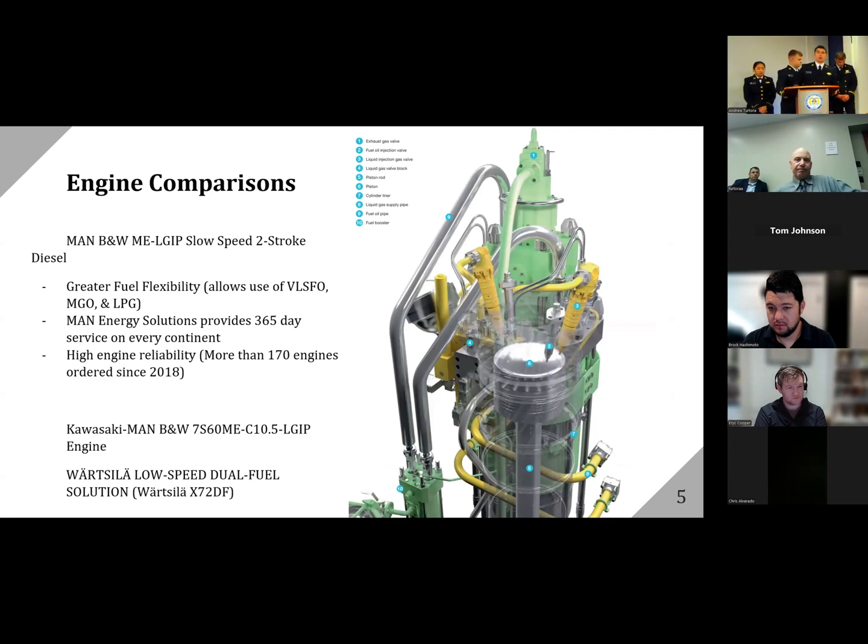In comparing our LPG engine with other engines, we looked at the Wärtsilä and Kawasaki variants of the LPG engines, but we ended up ultimately going with the MAN BMW variant. All these engines can run MGO and LPG, but this engine in particular is also capable of running VLSFO, which we want to utilize in case the scenario happened where we had to use that fuel and that